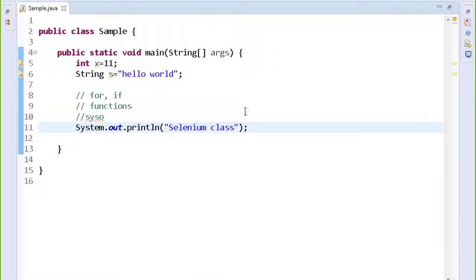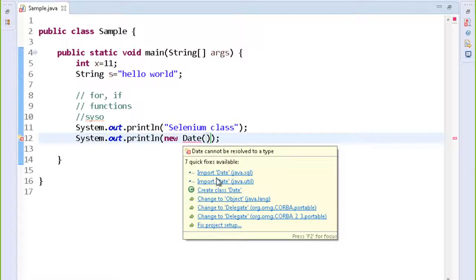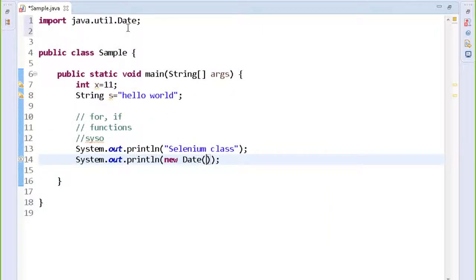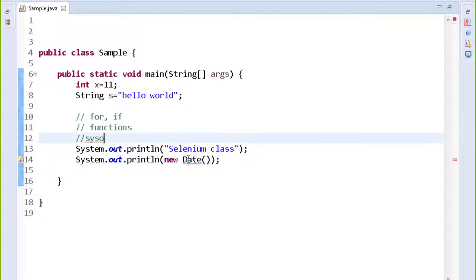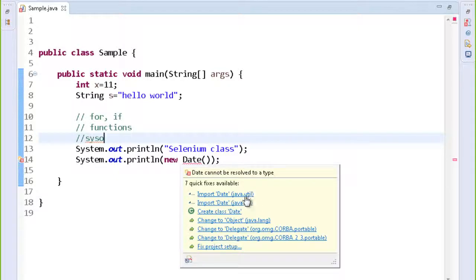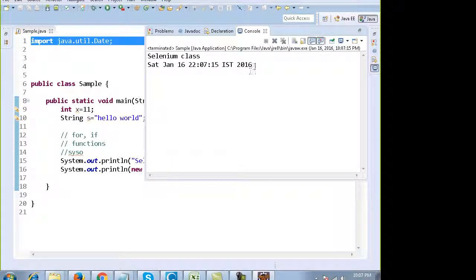For example, over here, if I type system.out.println new date, Date is an internal class in one of the jar files which you can import. Just move your mouse over the error. When you write new date, what is new? I'll come over to it in some time. You move the mouse over it, you will get the option to import java.util.Date. Import this one, not SQL. When you run this program, you will see the current date printed. So the Date class, which is there internally in Java, you can use it to get the current date.